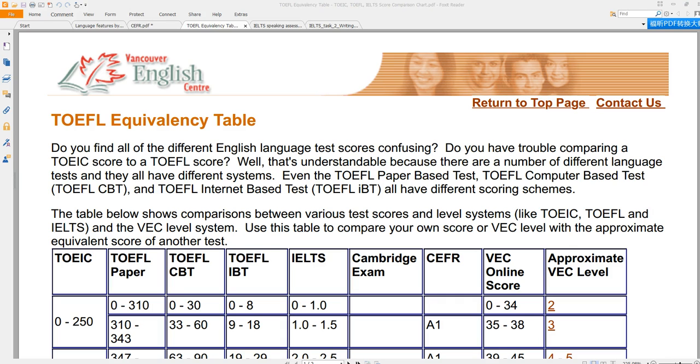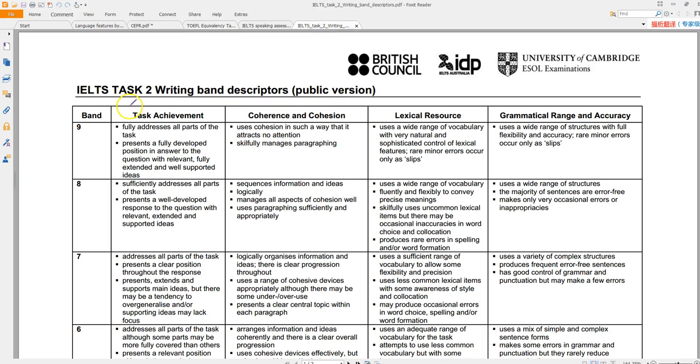I was talking to a student a couple of days ago, and we were talking about the criteria of the IELTS test for both writing and speaking. And she was asking me, why do I have to include all these different things in the essay? Why do I have to include all these different things in the speaking section? Why can't I just answer the question? Why don't we just assess grammar and vocabulary, etc.? Especially for the essay, we were talking about the cohesion and coherence and task achievement